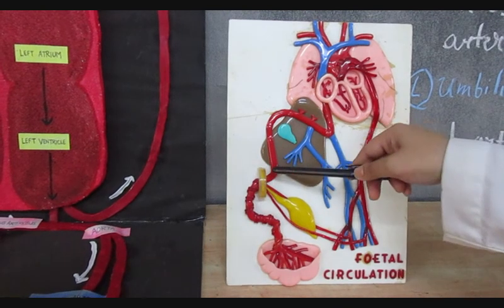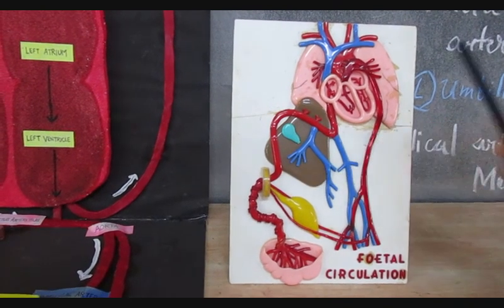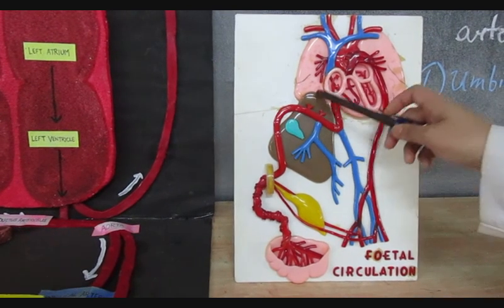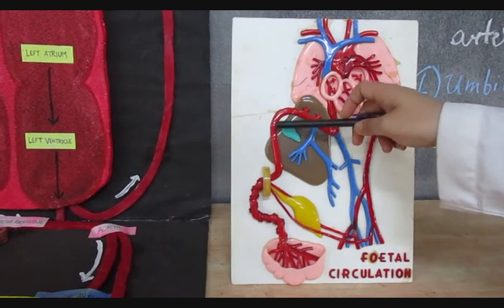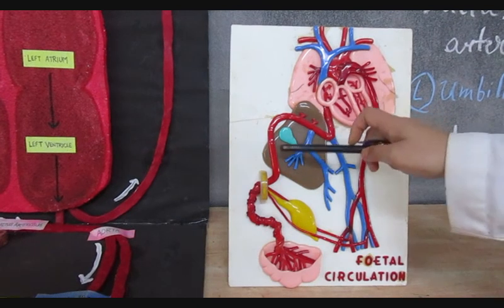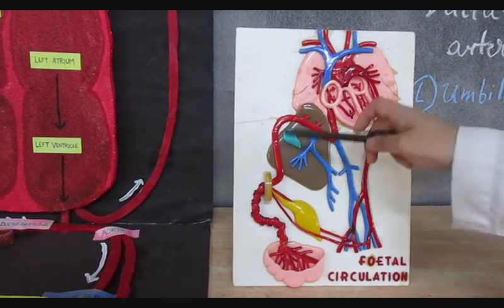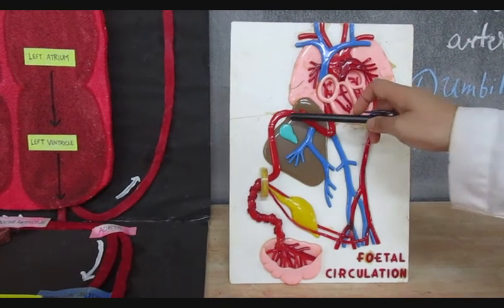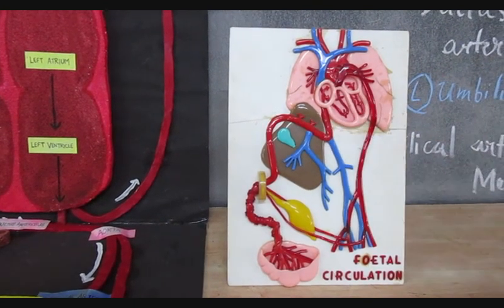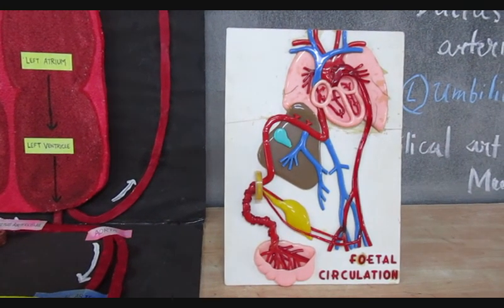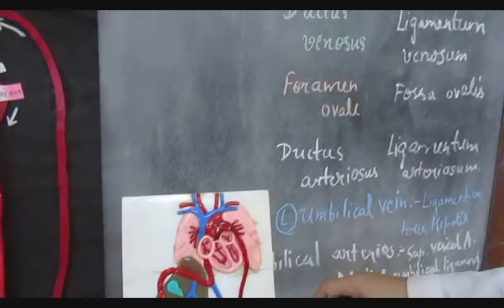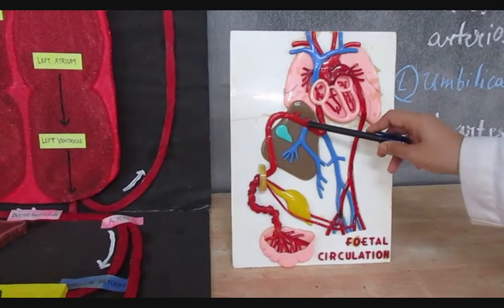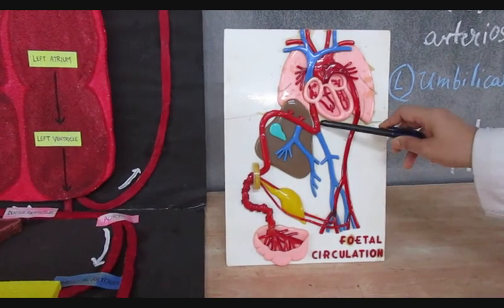From here, the upper parts of the umbilical and vitelline veins are broken into numerous sinusoids of the liver. Now the sinusoids which are aligned in a straight channel between the umbilical vein and the inferior vena cava are going to form a shunt called the ductus venosus. The ductus venosus is the first shunt. Then it enters the inferior vena cava.